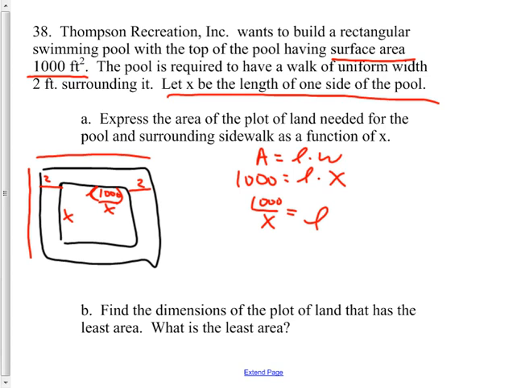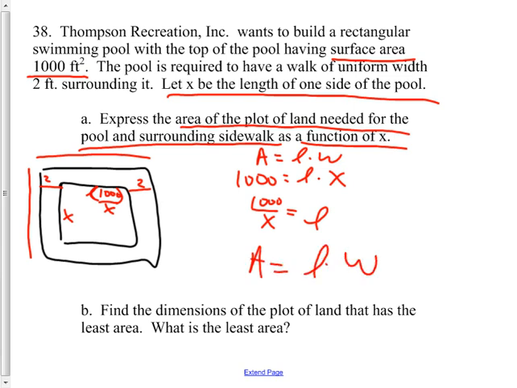Now, express the area of the plot of land needed for the pool and surrounding sidewalk as a function of X. So my area used to be length times width. And I guess I could still say it is length times width. But now the length I should call length of the whole thing. Instead of length, I'm going to put what? 1,000 over X plus